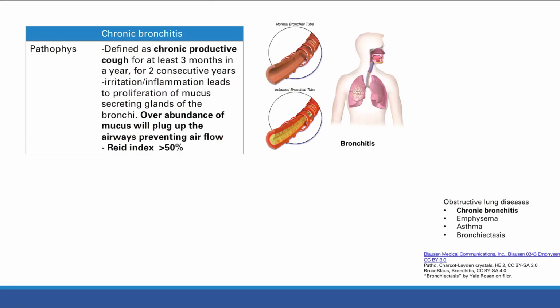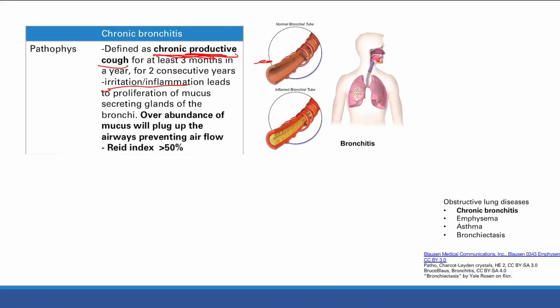Chronic bronchitis is defined by its symptoms, which is having a productive chronic cough for at least 3 months in a year for 2 consecutive years. So you have to have a chronic productive cough, so sputum is coming out for at least three total months in a year, and it has to be 2 years straight. The reason you would have a chronic productive cough is irritation and inflammation in the lung airways. That's going to cause